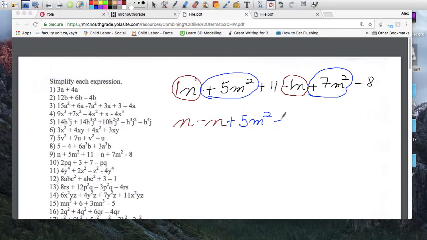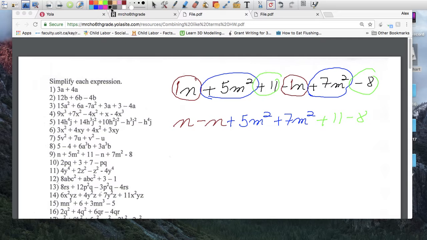Then this one right next, plus 7m squared. And then lastly, numbers, just old-fashioned numbers. There's a plus 11 here and a minus 8. These two can be added or subtracted to each other because they're just alike, just numbers, constants. Plus 11, and then the minus 8. So there you go. You've got the three different things: the n's, the m to the second power, and just